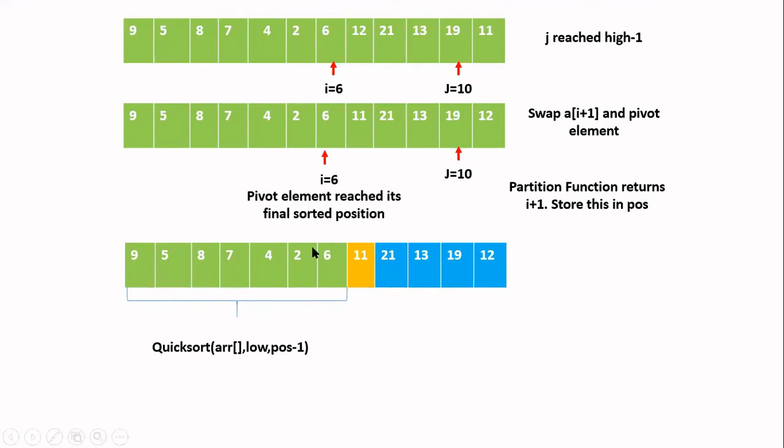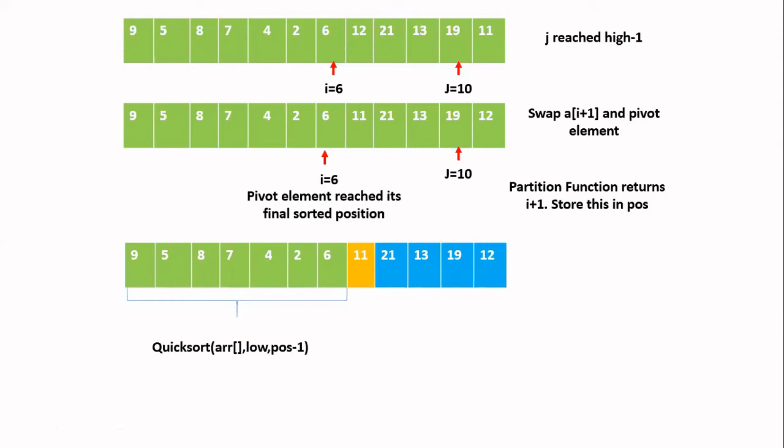But now the last element for this subarray is not at the high position. Instead, it is at the pivot element position minus 1. The position of the pivot element, we have stored in the variable called pos. So the last element of the left subarray will be at the index pos minus 1. So you have to now call this quicksort. Be careful, you have to change these indices every time. The parameters you have to change. Whatever is the current array you are considering, check what is the index of the first element and what is the index of the last element. We are not bothering about their values.